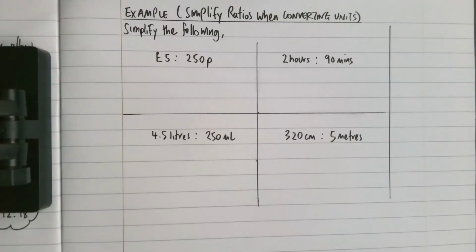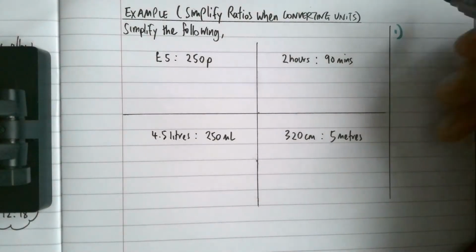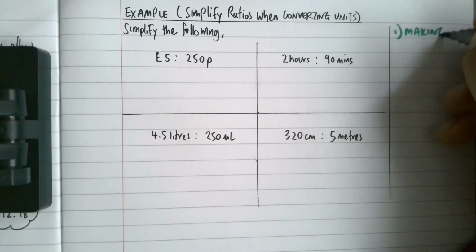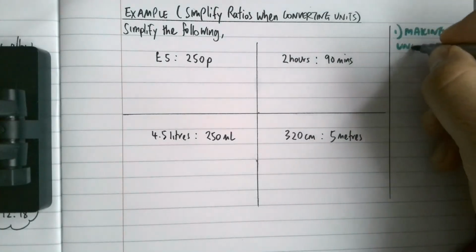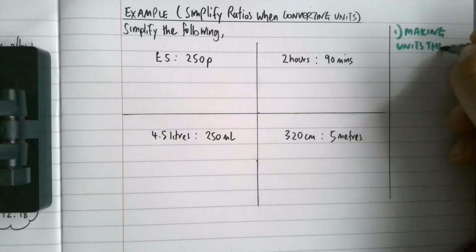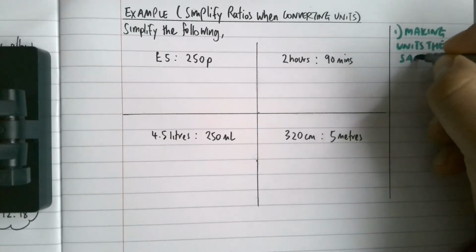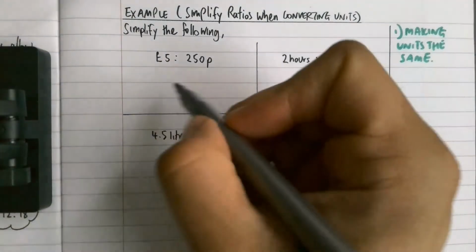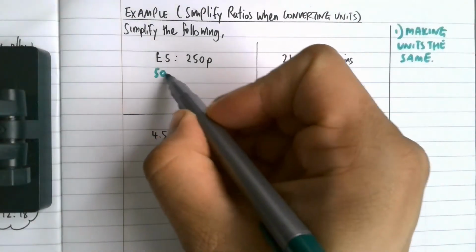We're going to simplify ratios this time when we have to convert units. The only way we can simplify ratios is when both parts are in the same units. If we look at all of these, both parts of the ratio are not in the same units. So the first step is making sure the units are the same. Now if you don't know your unit conversions, I suggest that you work on that part of this and